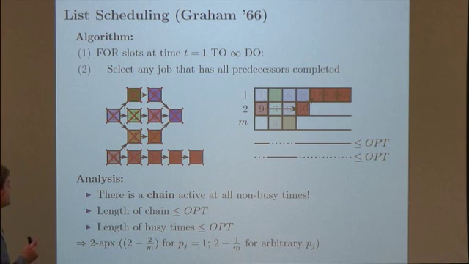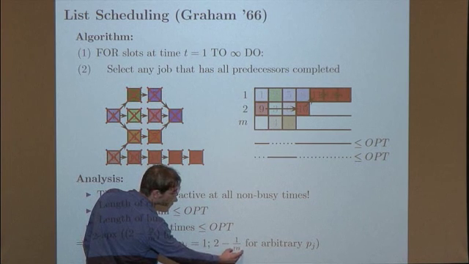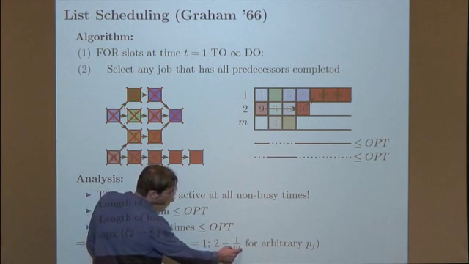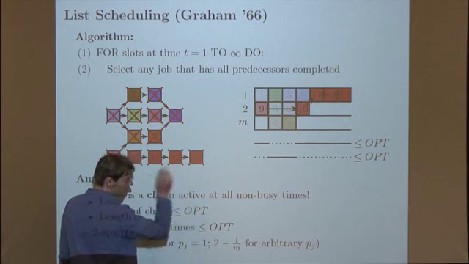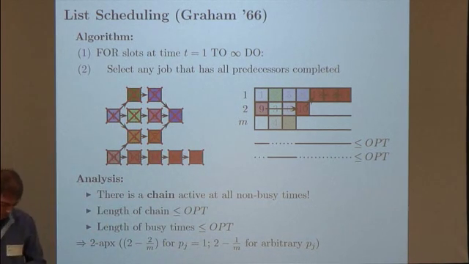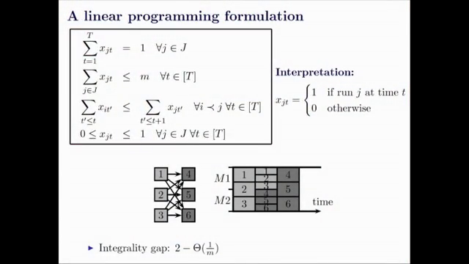Actually, the algorithm isn't much better than a 2 approximation. You can be a little bit more careful, and depending on how large your number of machines is, you can be a little bit better than 2. But if that number goes to infinity, then the ratio goes to 2, like the approximation ratio of this algorithm. Okay. So we would like to beat this algorithm, and it's kind of the standard technique in approximation